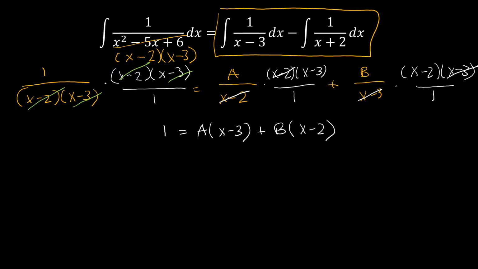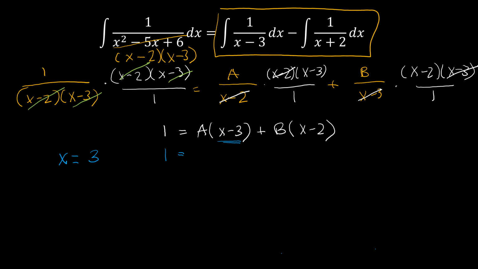Now from here, there are actually kind of two trains of thought, two ways to think about this, and we're going to do it the easier way. So the easier way says, hey, I've got this equation, and I'm just going to make up a value for x. Any value you want, but obviously we're going to use values that are going to make it easy for us to solve. So for instance, if I look at using a value of 3,